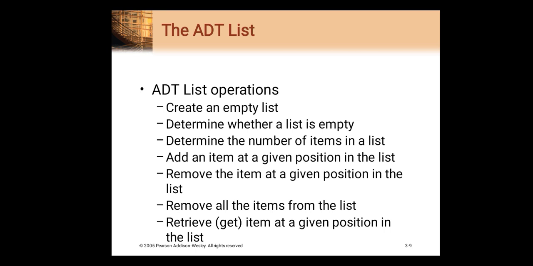The first operation you can perform is to create an empty list. Why is there a need to create an empty list? Obviously, when we want to create a list, the first thing is that you have to create an empty list. For example, if I want to create an array of 5 elements, you say integer a of 5. That means you are just creating an empty array which holds 5 numerical values. So the very first operation you perform on the array is creating an empty array, that is, creating an empty list.